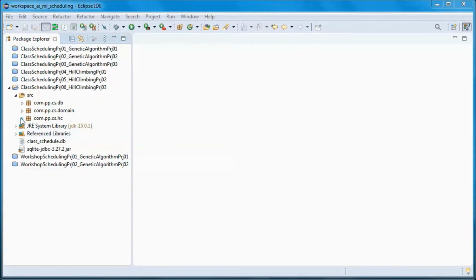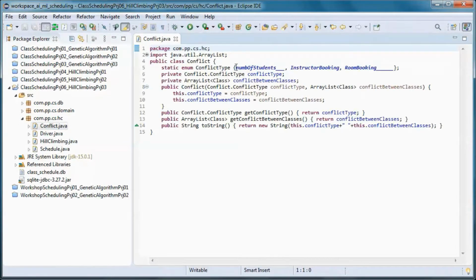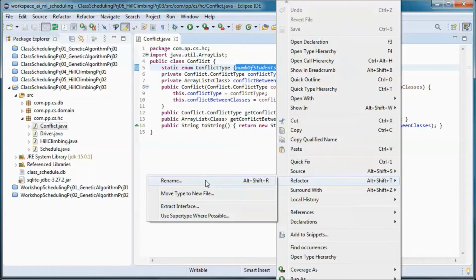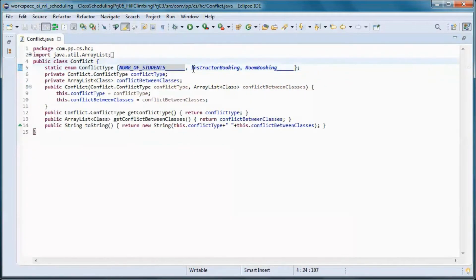And let's go here and rename this one. This conflict type.